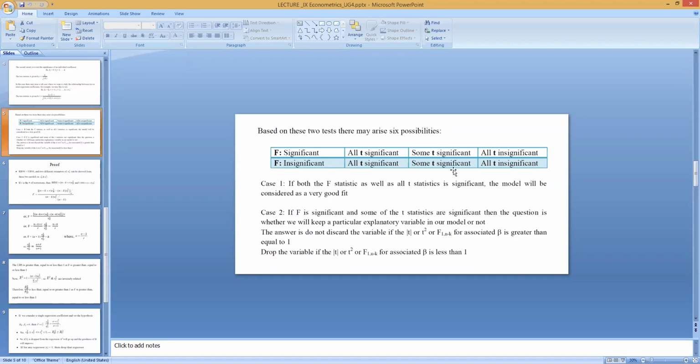So the same principle will be applied in case of the fifth model, as we discussed in case of the second model, dropping several explanatory variables for which t, mod t, t square or F is less than 1. If we find F is becoming significant at 5% or 10% level, in that case, we will continue with that new restricted model. Thank you. Is it okay? Yes, ma'am.